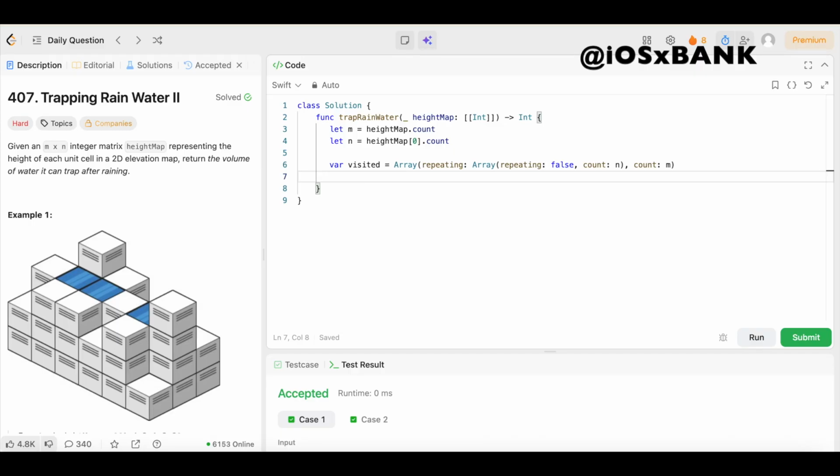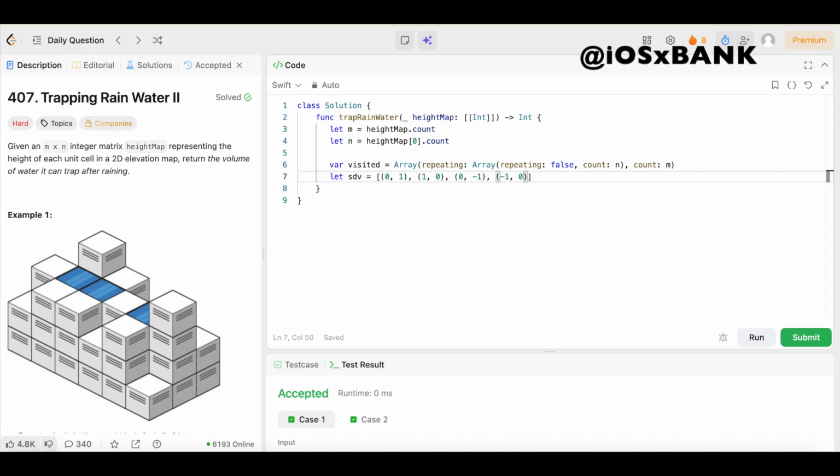So we need to say let dirs equal, open up the square brackets, open up the parentheses, we're going to say 0, 1, come outside those parentheses, comma. Then open up some more parentheses, 1, 0, comma. Open up some more parentheses, 0, -1, comma, and then open up some more parentheses, -1, 0. Now we need a min heap simulation, which is just an array where we pick the min manually, and